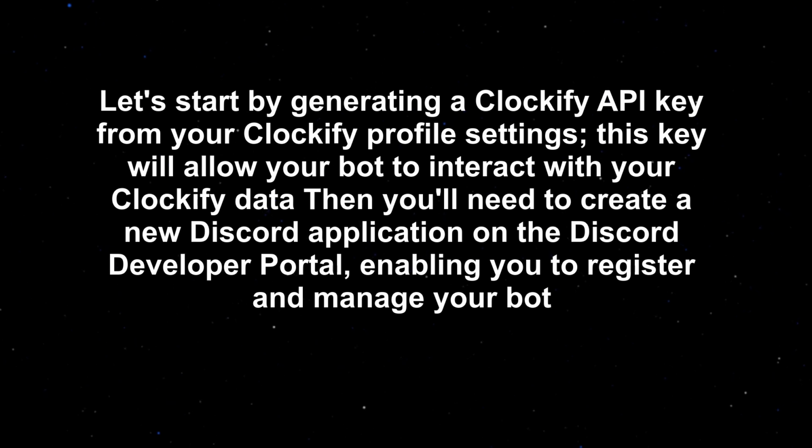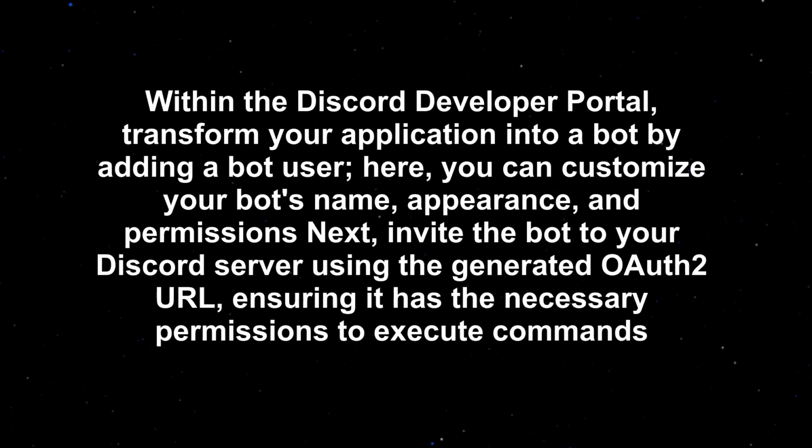Then, you'll need to create a new Discord application on the Discord developer portal, enabling you to register and manage your bot. Within the Discord developer portal, transform your application into a bot by adding a bot user. Here, you can customize your bot's name, appearance, and permissions. Next, invite the bot to your Discord server using the generated auth URL, ensuring it has the necessary permissions